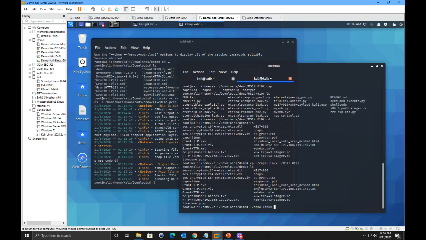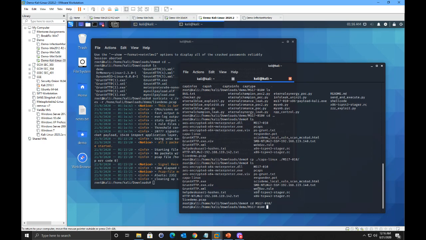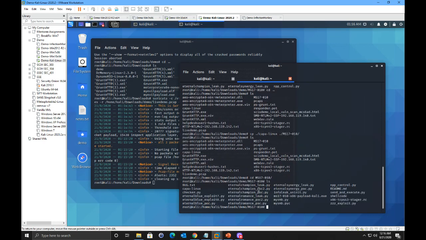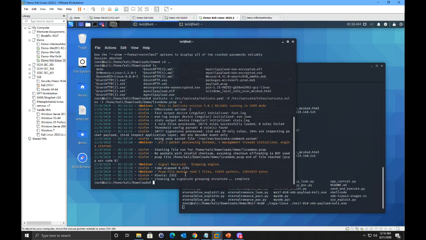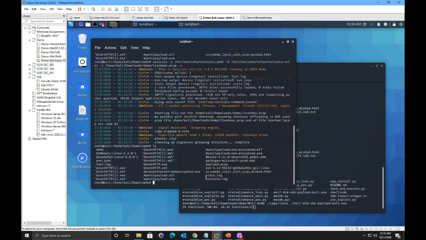So I'm gonna run Capa Linux against our MS17, I'm gonna run it against our MS Venom payload here. So let's go ahead and run that: Capa Linux against our MS17 payload that we ran in Venom. And it should come back with stuff. Looks like our packet PCAP file is still showing the original